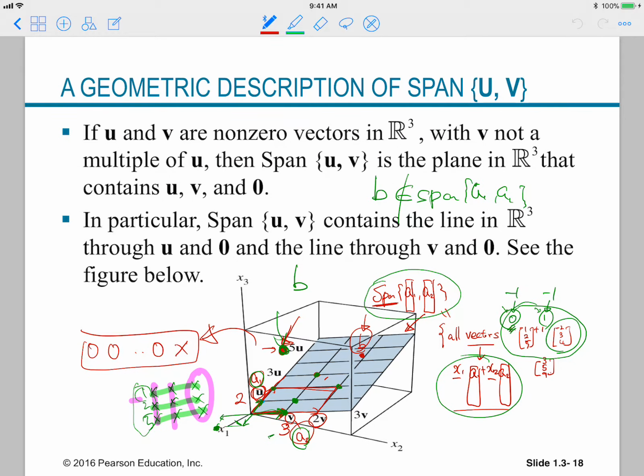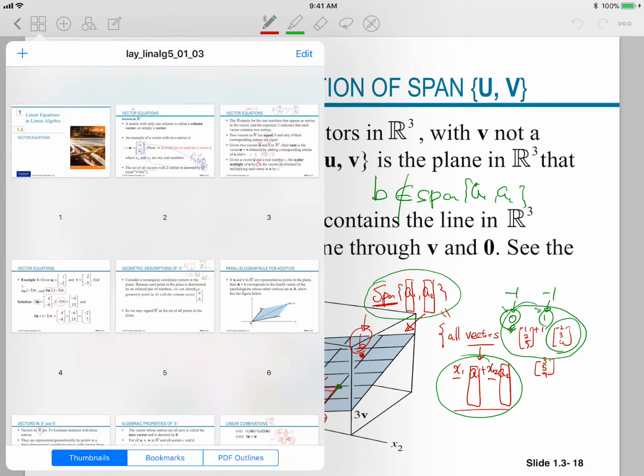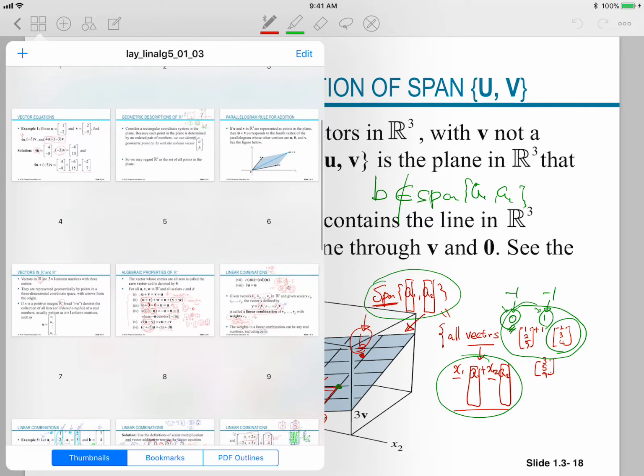Okay, so last time we studied the vector equation. So given a linear system,